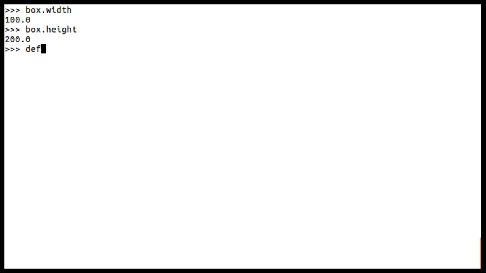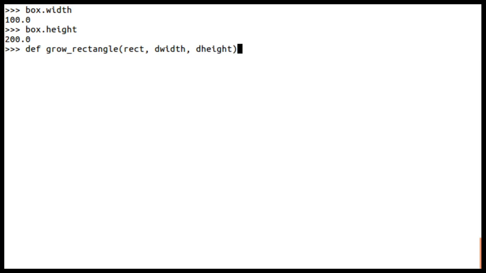So let me write a function called grow_rectangle. This function is going to take three arguments. One is rect, another one is dwidth, and another one is dheight.